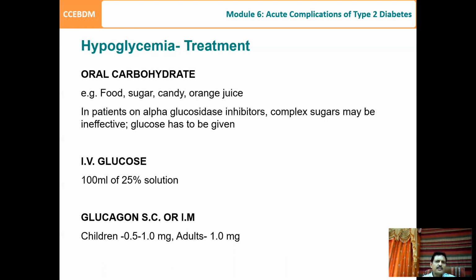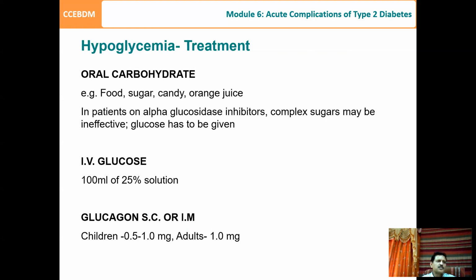You can give candy, orange juice. So these are the things you can give, but glucose is best because you can measure. We can give 15 gram to 30 gram to correct one episode. You give 15 gram, check the sugar after 10 or 15 minutes. If it is not corrected, give another 15 gram. But if the